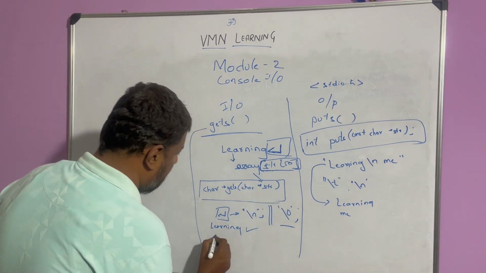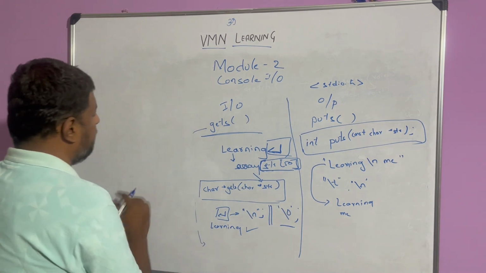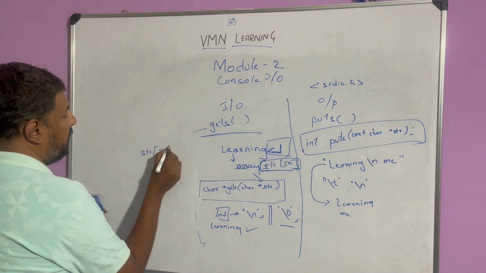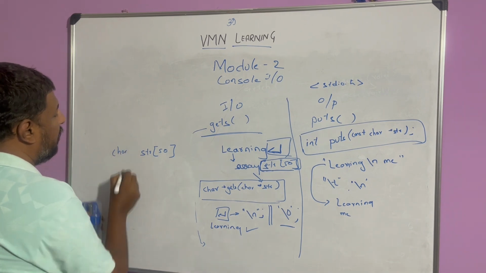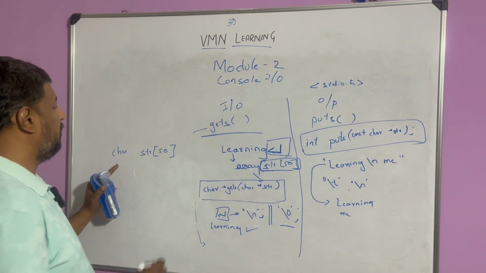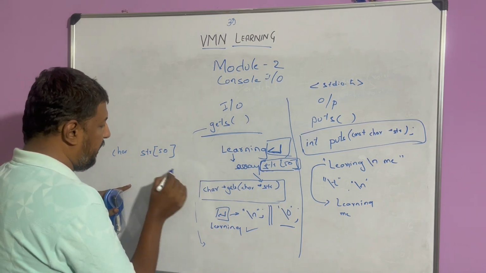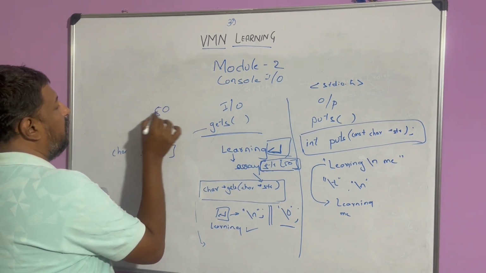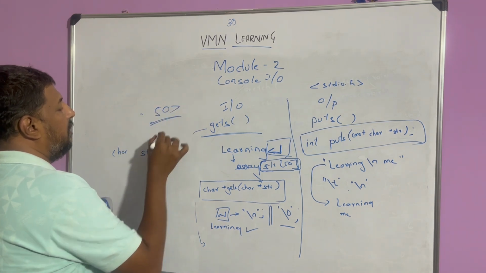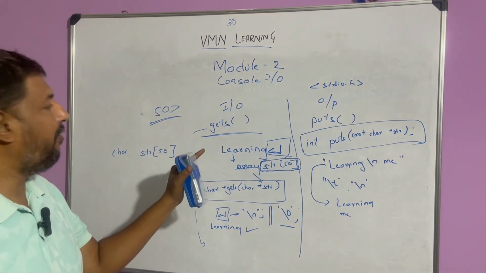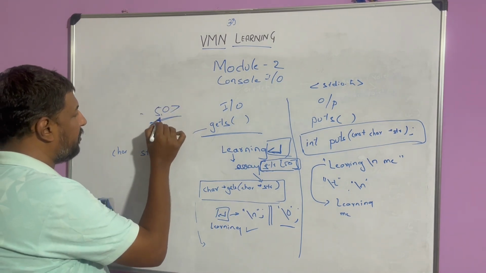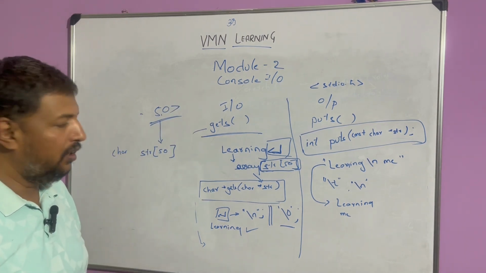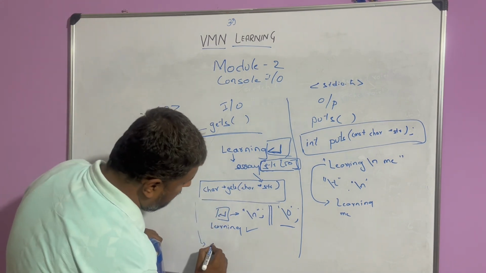But if by mistake I enter something more than 50 letters, greater than 60, it will not verify whether it is greater than 60. It will take the first 50 characters and put them here. So the other characters will get missed out. So that time we actually use